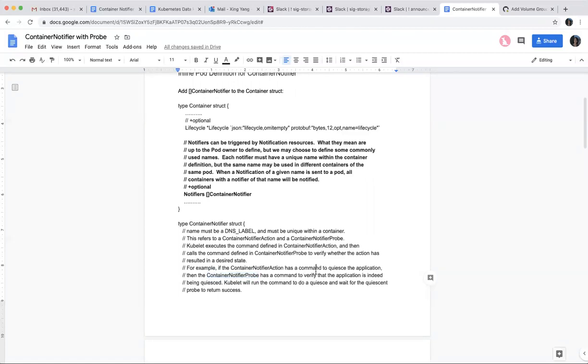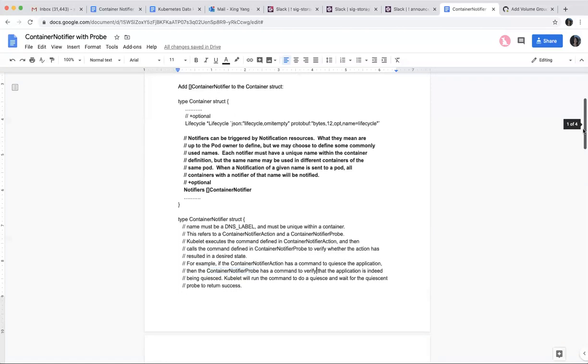Not to say the other one is not also, if you look at this API proposal, it's actually quite some change into Kubernetes itself as well as the core API.